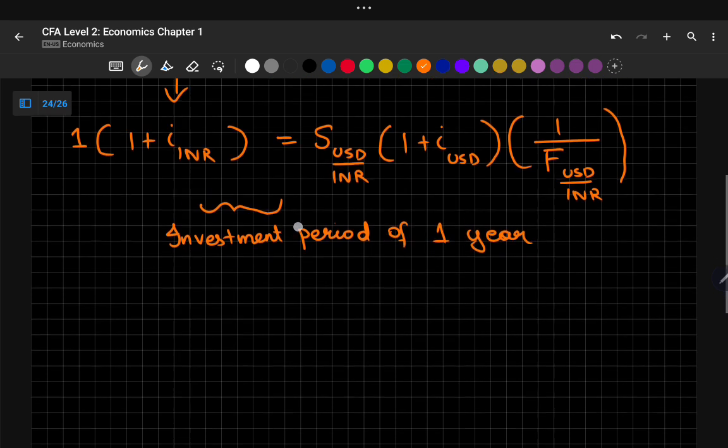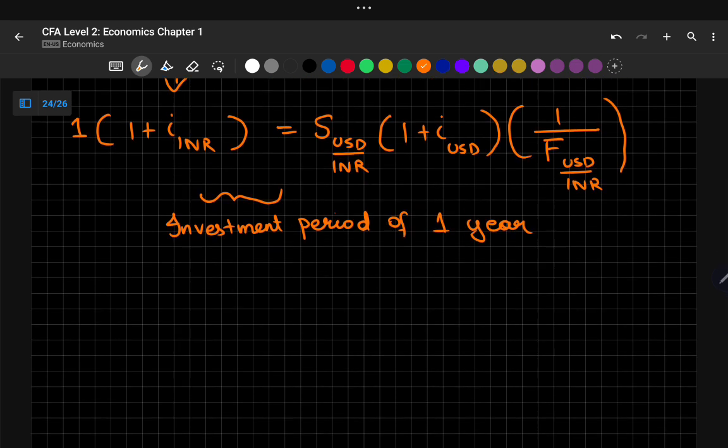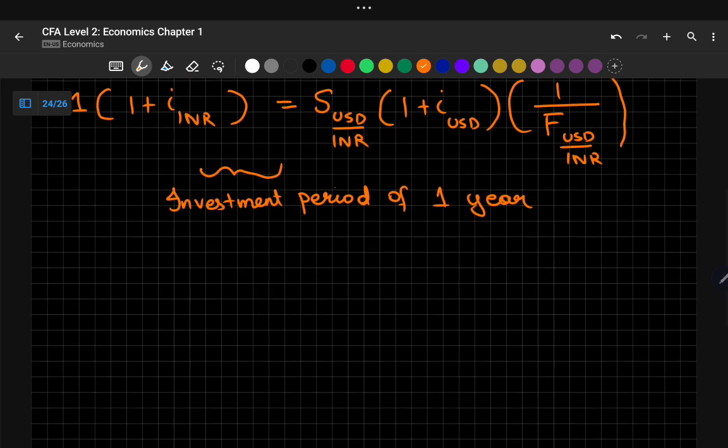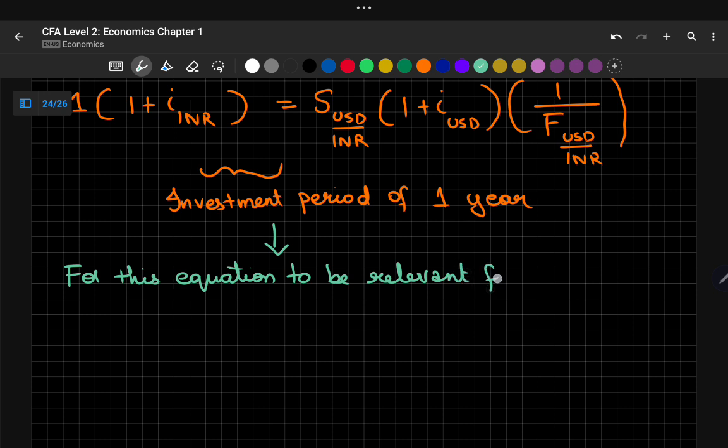But if I'm investing not for 1 year, but for probably 1 month, that is 30 days, or if I'm investing for 6 months, or probably 250 days, in that case, how will the equation look? So, for this equation to be relevant for any investment time horizon,